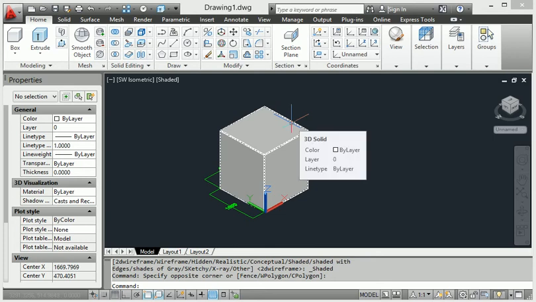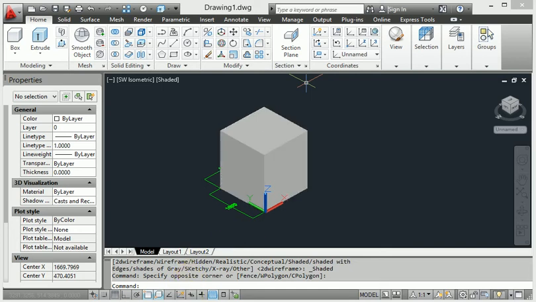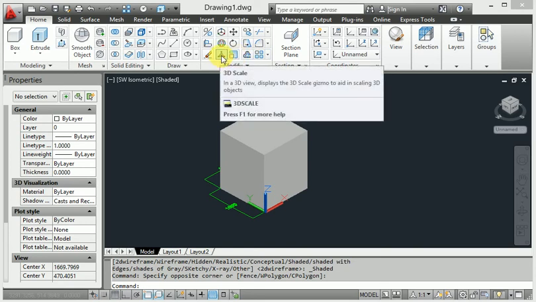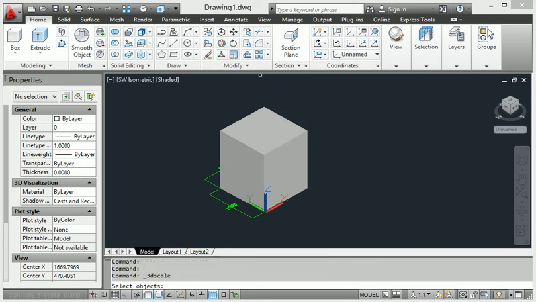But when I put it down in any sheet area, we cannot without scale. So first of all, I move here, and this one is 3D scale.